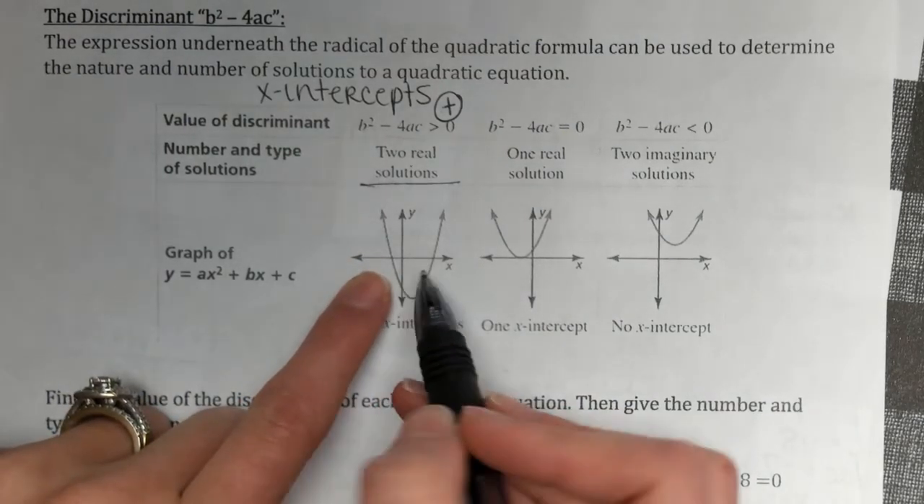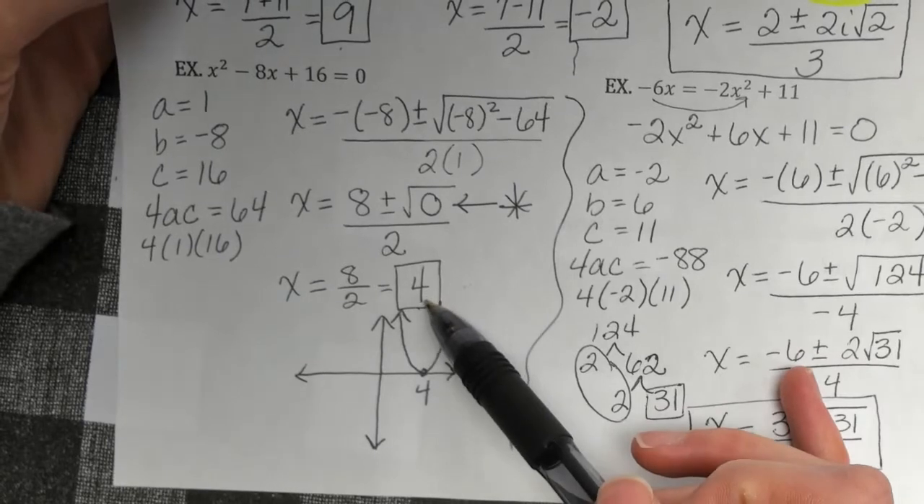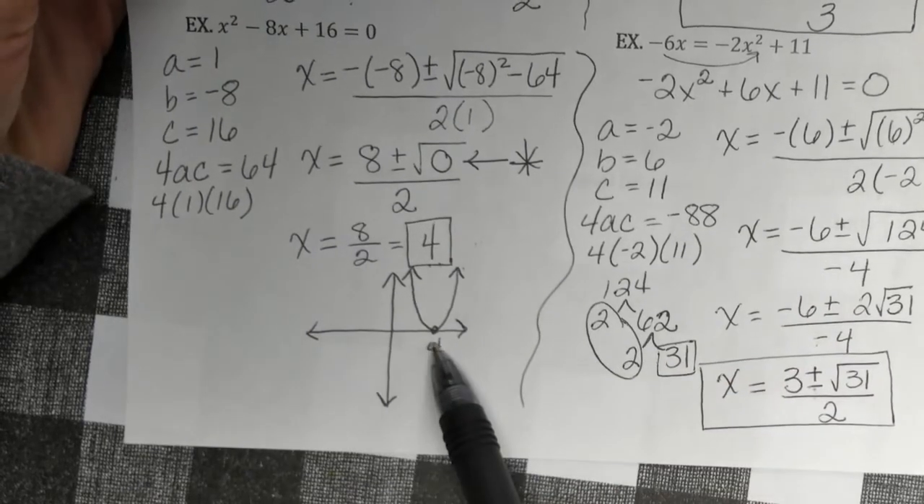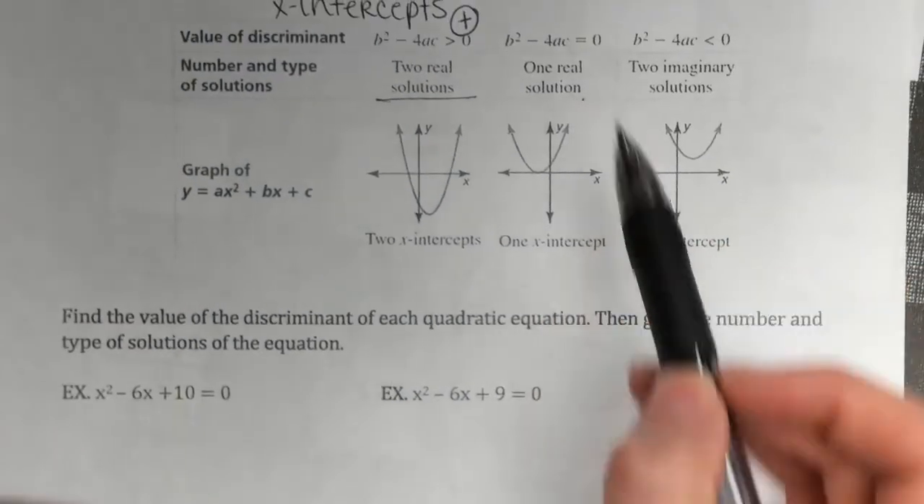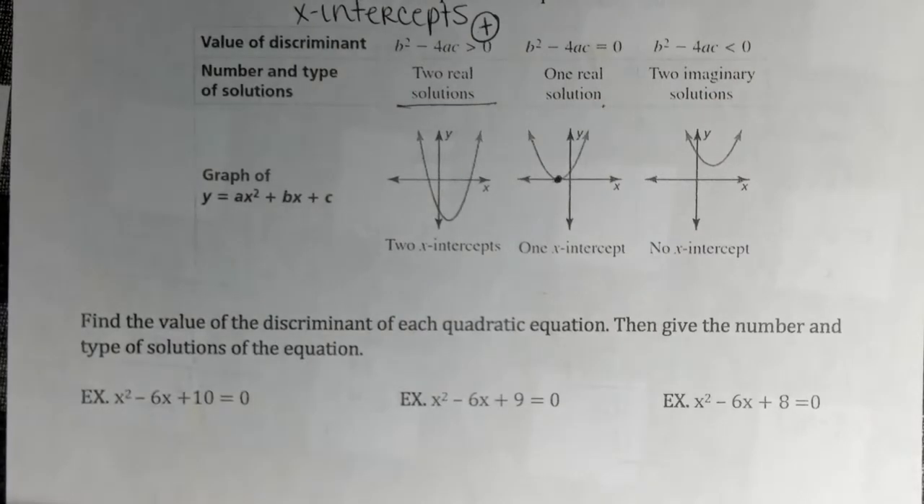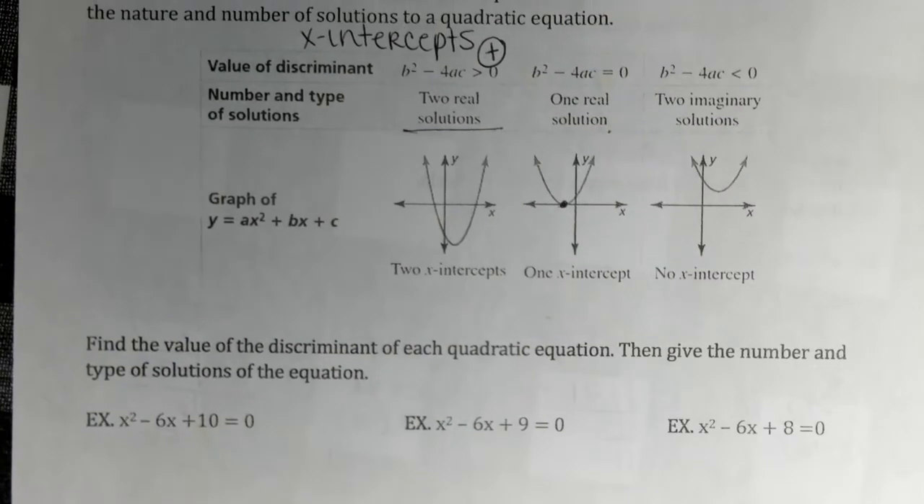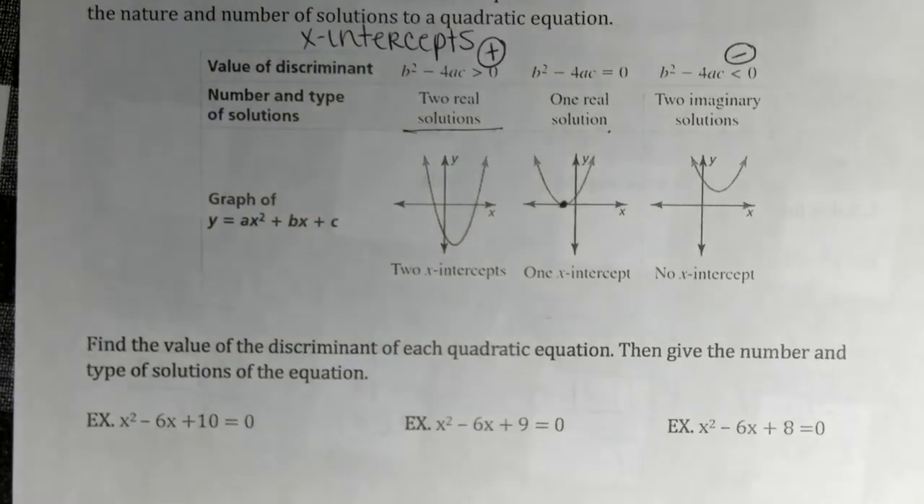Okay? When the discriminant is equal to 0, that's what happened right here, and I only got one number. And I already drew the picture of what it looks like. So when it's equal to 0, you have one real solution, and it just means you have one x-intercept, and that's your vertex. Okay? Now, if your discriminant is less than 0, meaning that it's negative, when you take the